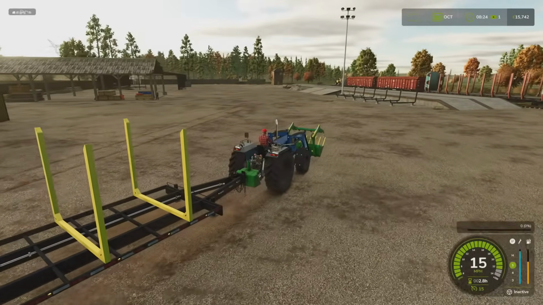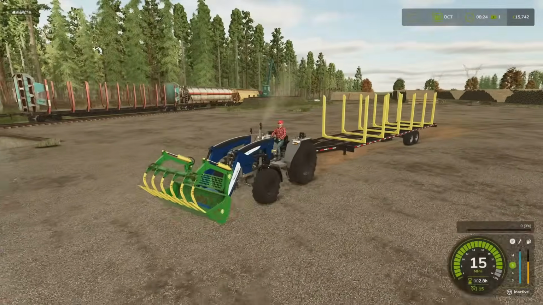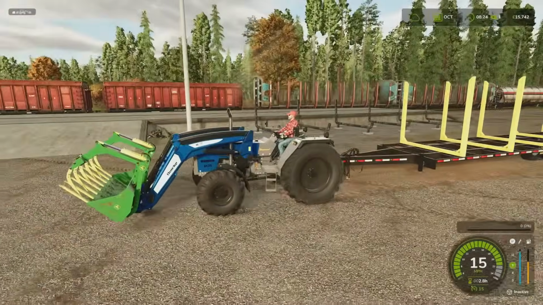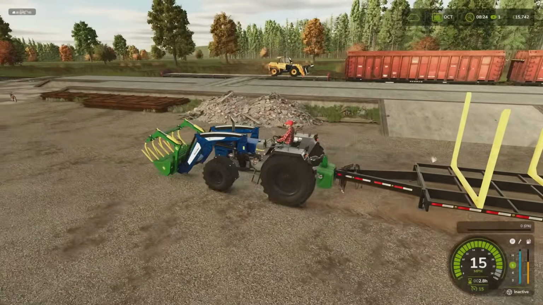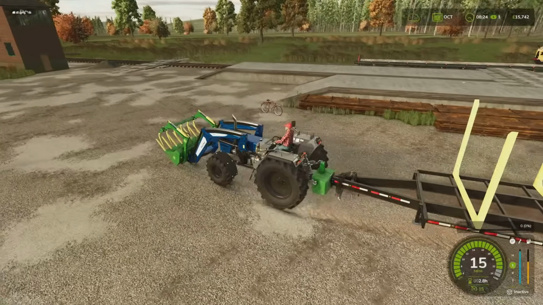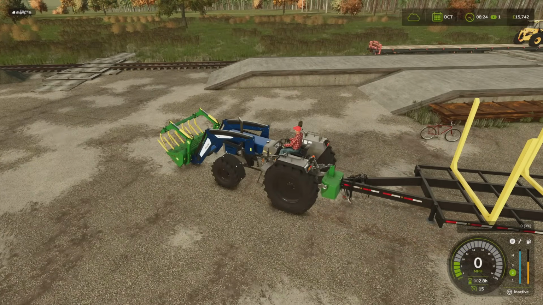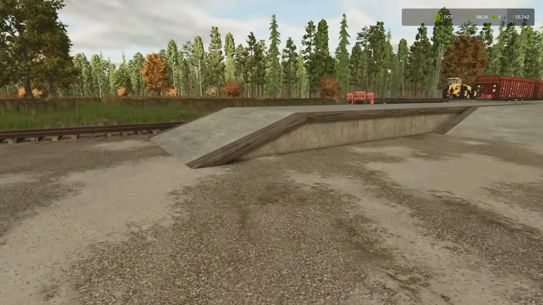The telehandler, I went to go and get the grapple for the telehandler, and I thought the grapple was front loader or telehandler, but it's not. It's front loader or skid steer loader, so it's not gonna work. So what I've done is I bought a manure fork,